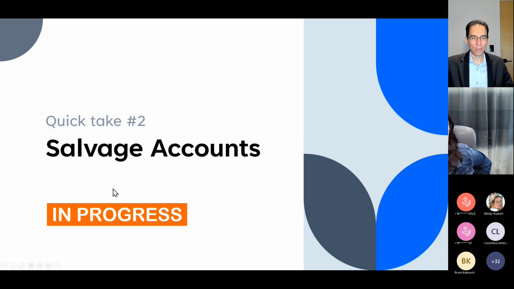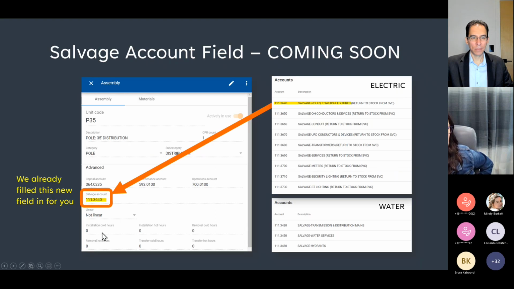Quick take number 2 is salvage accounts. This is in progress. Paul and Mindy have already added this salvage account number field to your assembly components, and we've filled it in. Every utility shares the same salvage account numbers. Here they are for electric, and here's for water. And these are the accounts that you use, of course, when you return material that was in service and you bring it back to your inventory stock. It needs to